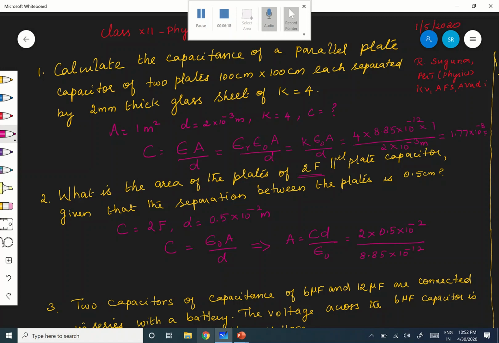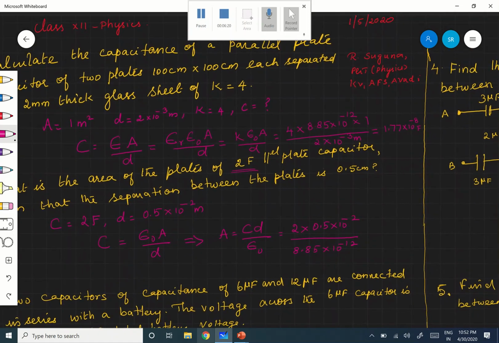Now, on solving, you will get the answer for A. Children, I am once again repeating how to do the formula substitution. Everything is over, you have to solve. In the class I used to give you some time for solving, but now it's not possible, so I'm giving you the answer. It is your duty to solve it at home.